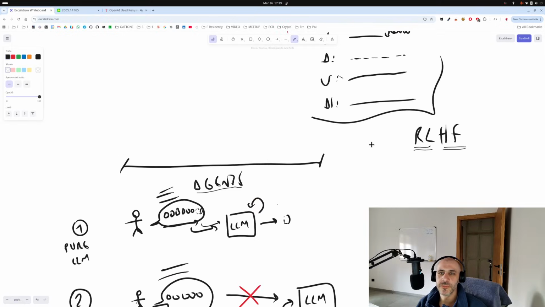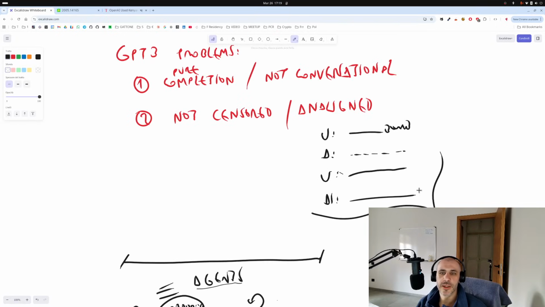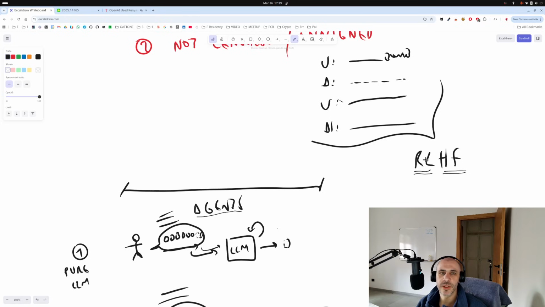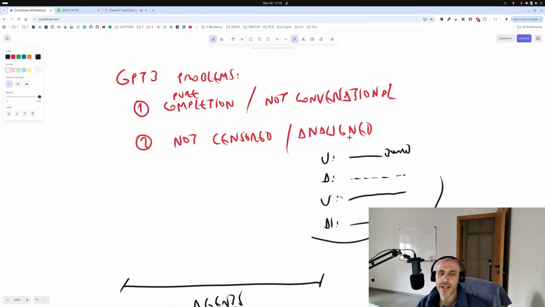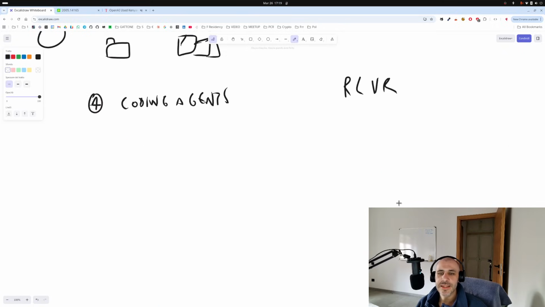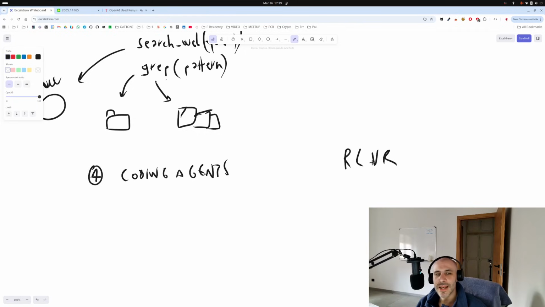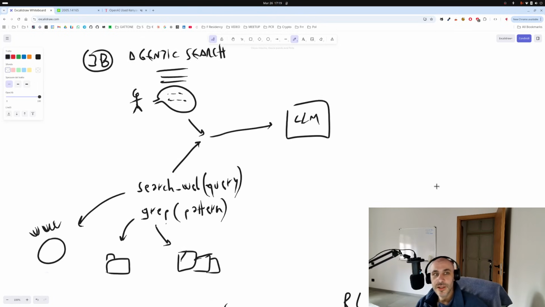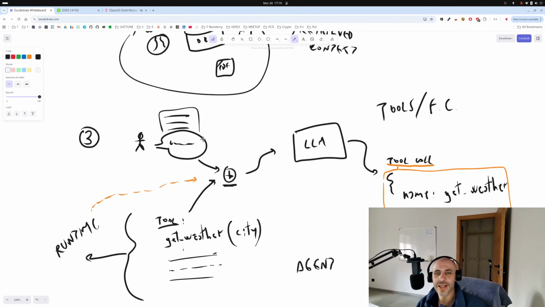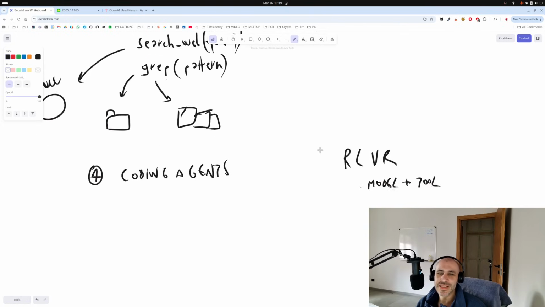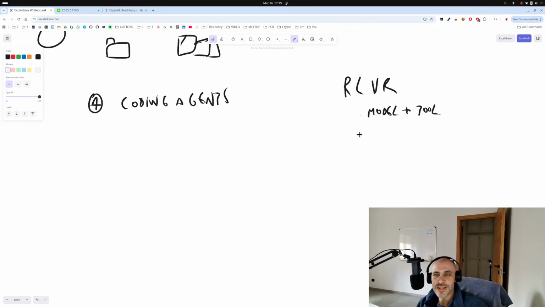The difference from reinforcement learning with human feedback, which makes the model conversational and aligned, is that here not only the model plus tools, so this whole architecture, is tested in a set of environments in which there is a verifiable reward.